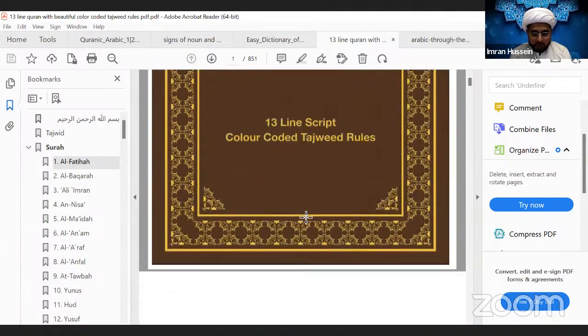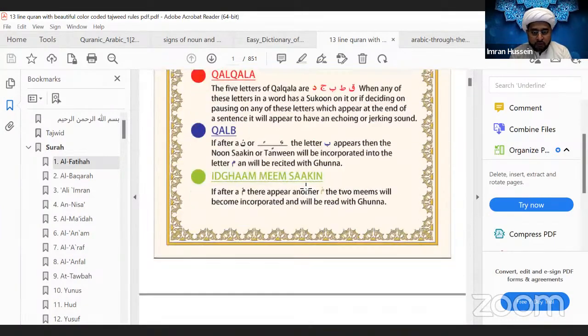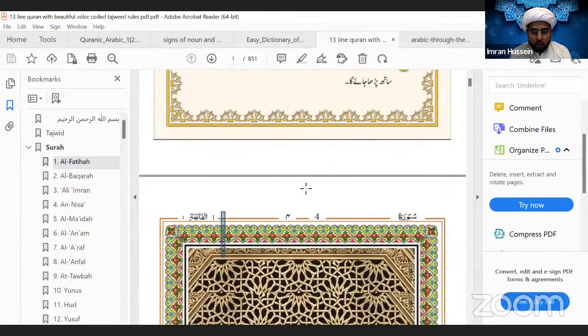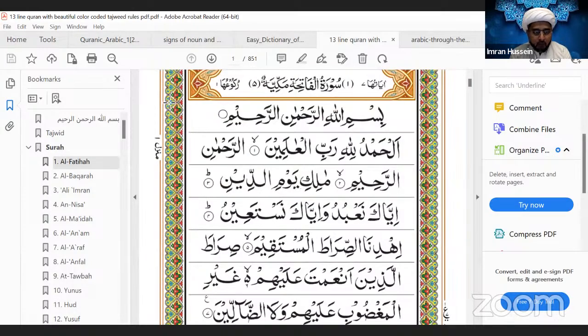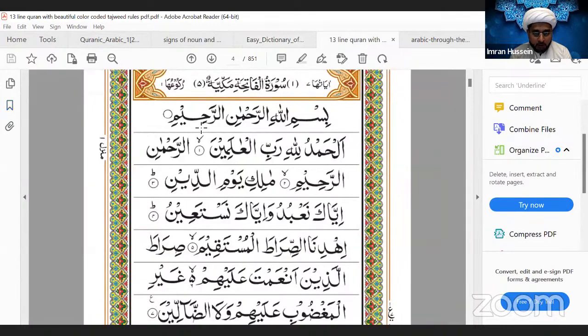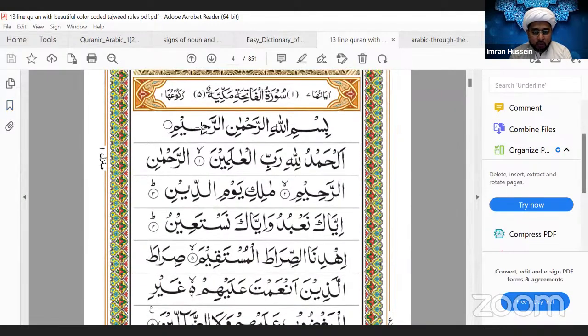So there are two methods for people who teach Quranic Arabic. Now, one method is this, which I'm going to show you now. Bismillahir Rahmanir Rahim. Now, this is one method. They will say ba. So I request everyone to have a pen and paper with them. If you have a pen and paper, that will be much appreciated. Now, method number one. Method number one is this. They say ba